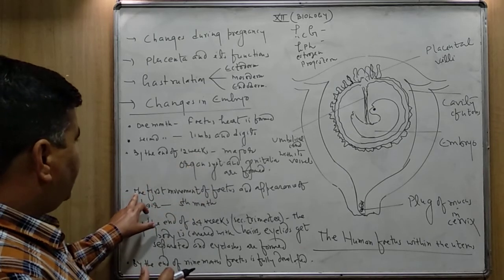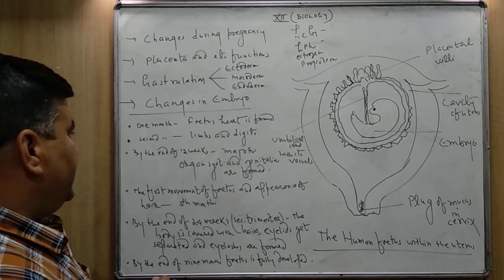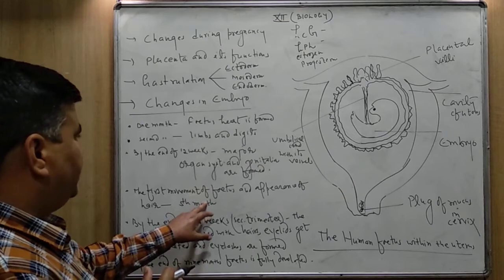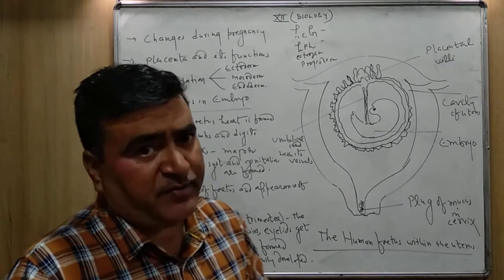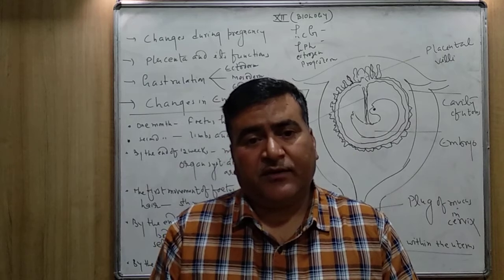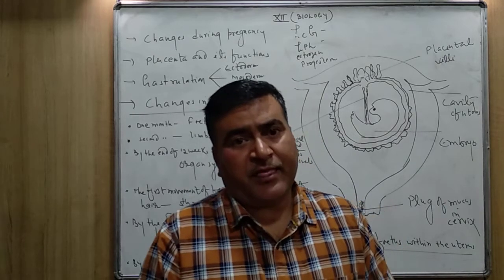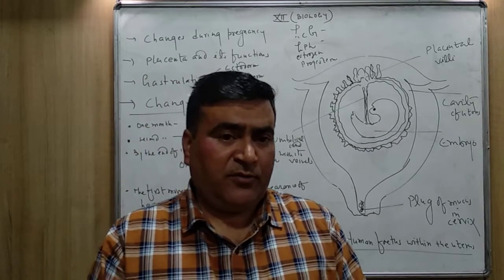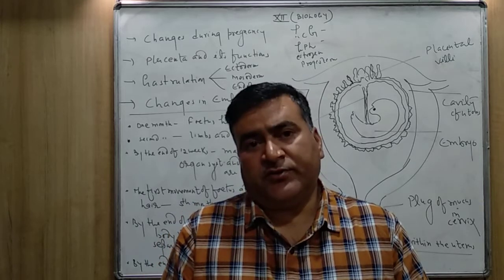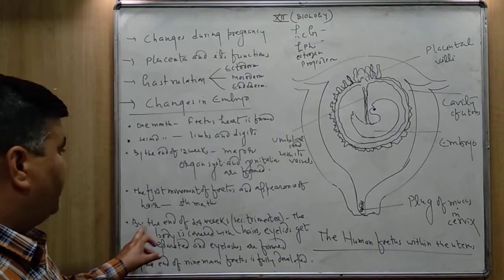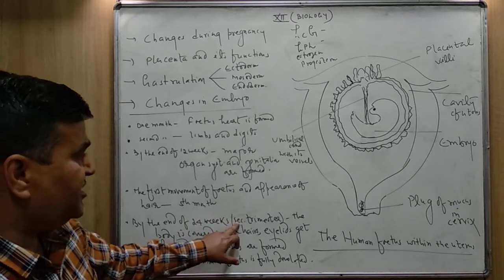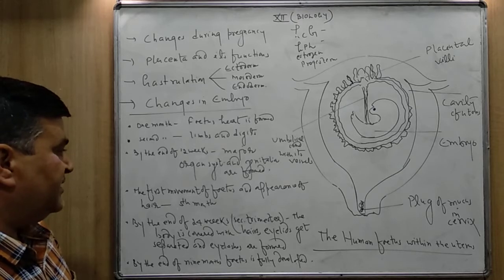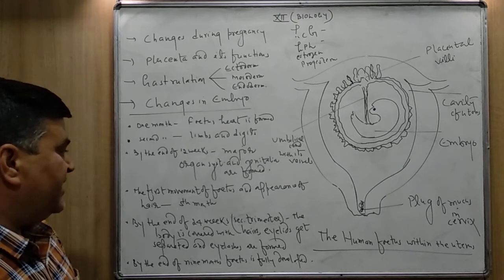Now, the first movement of the fetus and appearance of hair is observed in the 5th month. The fetus starts moving, and the movement of the fetus may be observed in the 5th month of the pregnancy, and even in the 5th month, body hairs are also formed. By the end of 24 weeks, that is in the 2nd trimester, the body is covered with hairs and eyelids get separated and eyelashes are formed.